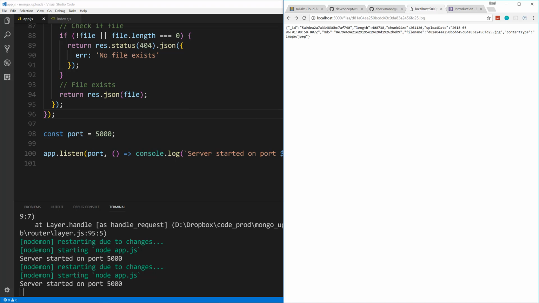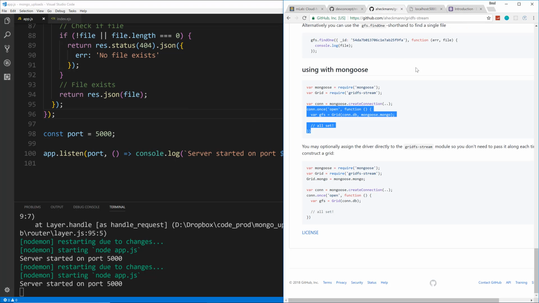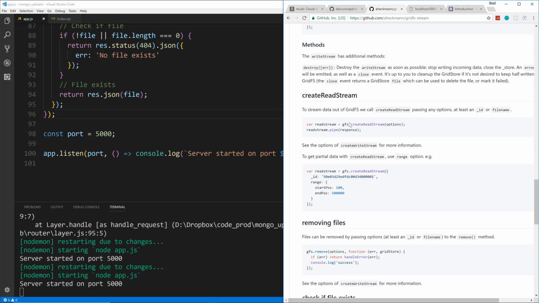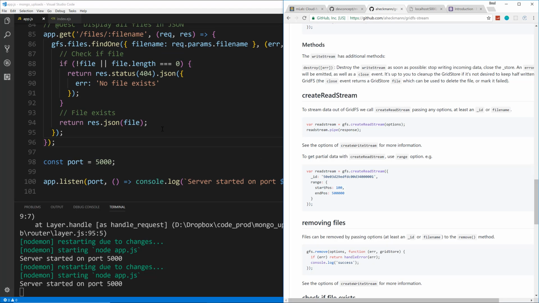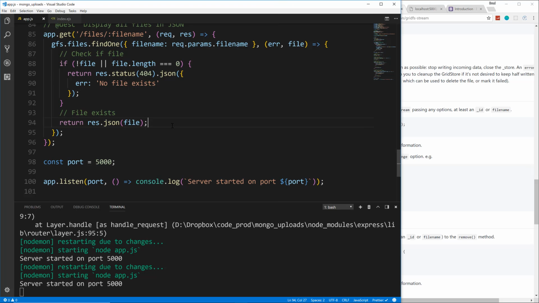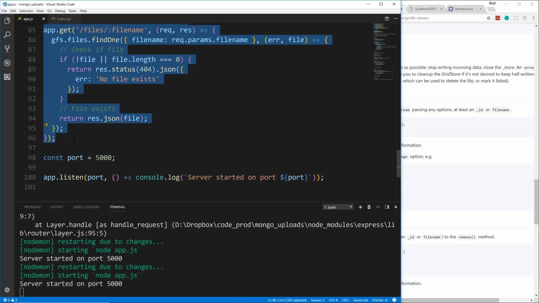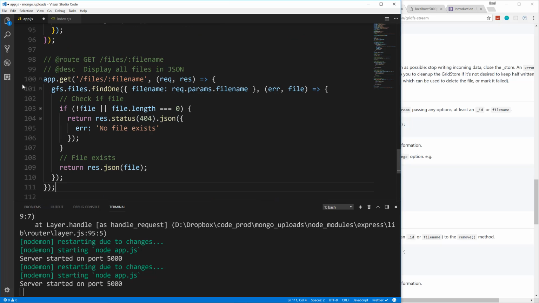So for that, we actually have to use something called read-stream from gridfs-stream, which is, let's see, right here, create read-stream. So we want to do something like this, and that'll allow us to output the image. So let's create a new route. I'm actually going to copy the one we just did and paste that in. So this will be get, we'll say get image, and then the file name,